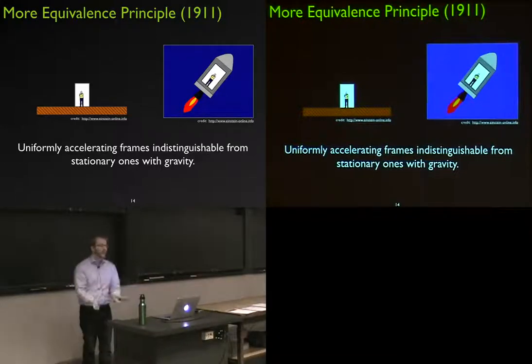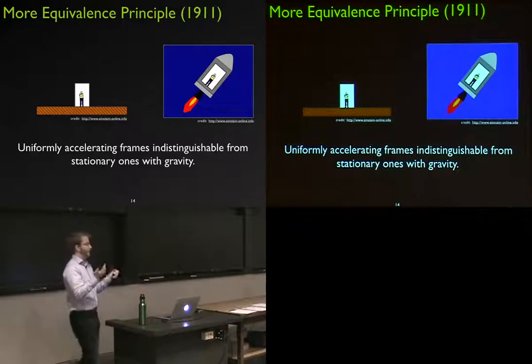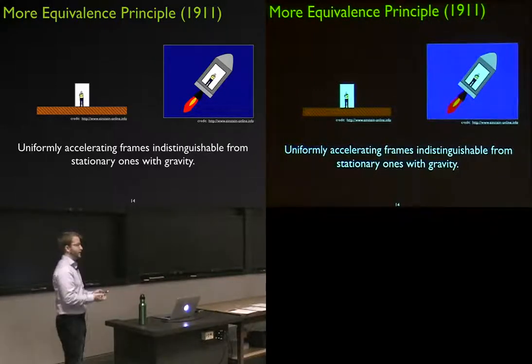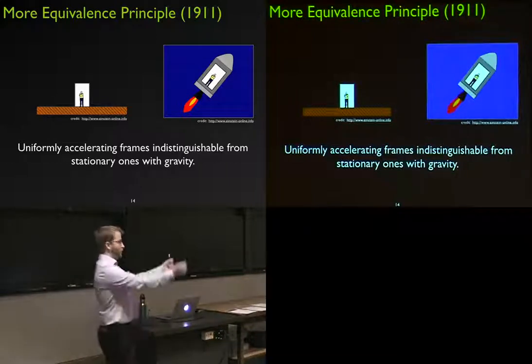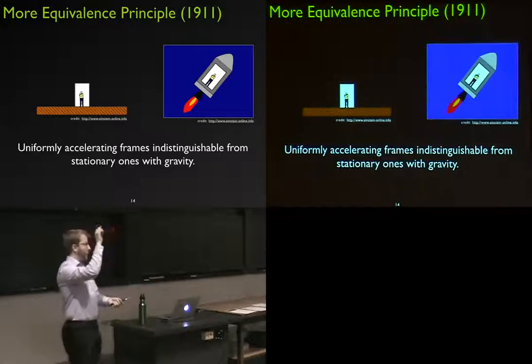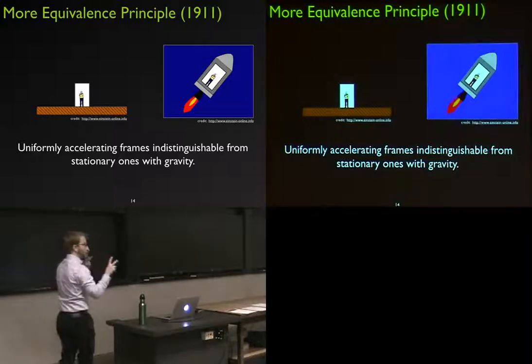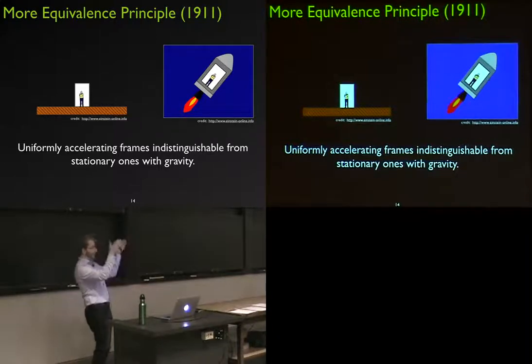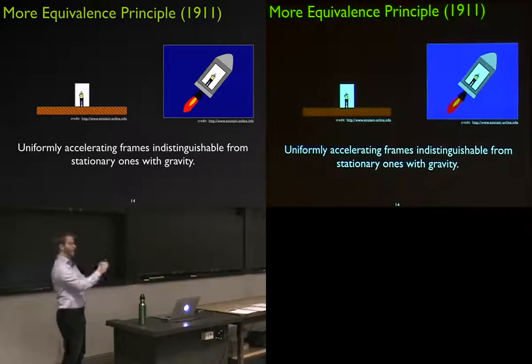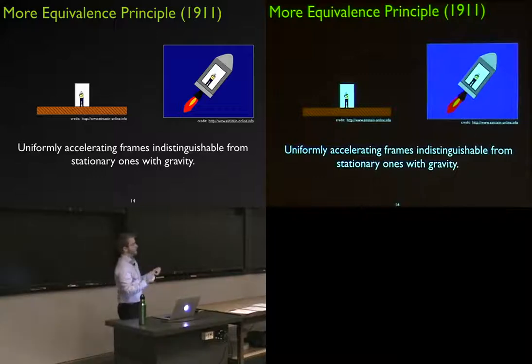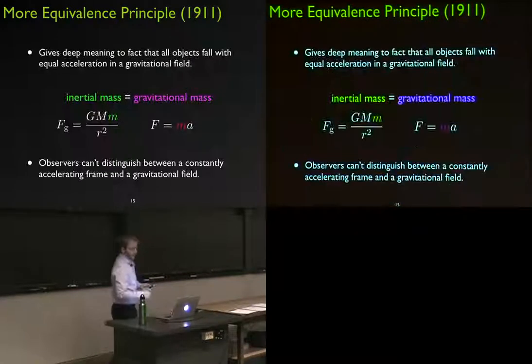If you imagine having some very tall, hollow skyscraper that you're inside of, and you're trying to tell if it's in a rocket ship or on the Earth, you can do very long measurements of the trajectory of particles. If you went to the top and dropped them, do those particles travel in exactly a straight line, or do they fall at some angle because of the curvature of the gravitational field? So that would be a non-local measurement, and you could start to distinguish things if you're in a spherical gravitational field like the Earth creates. But the equivalence applies to very local measurements, and it still is incredibly important and has a lot of implications.